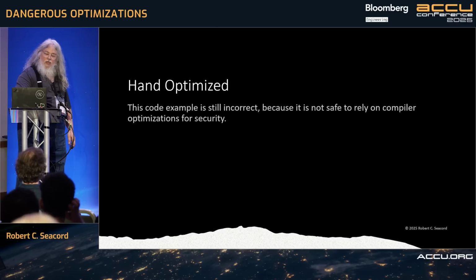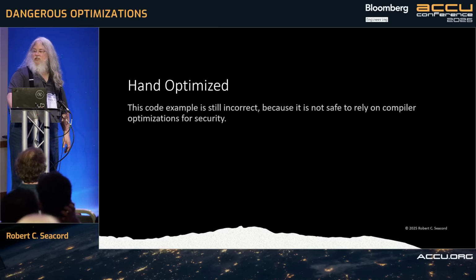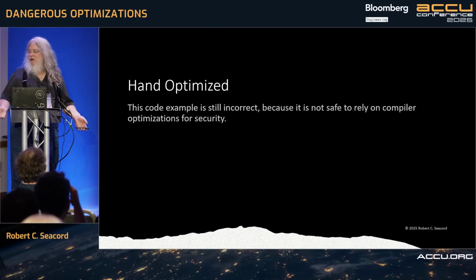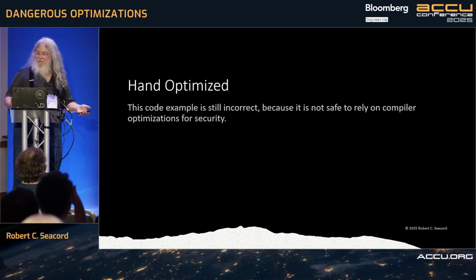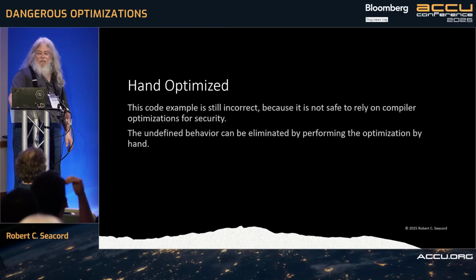So, I think pretty good advice is to not rely on the compiler to do this optimization for security, right? Because optimization is not a requirement. It's allowed, but it's not required. So you can't depend on optimization for security.